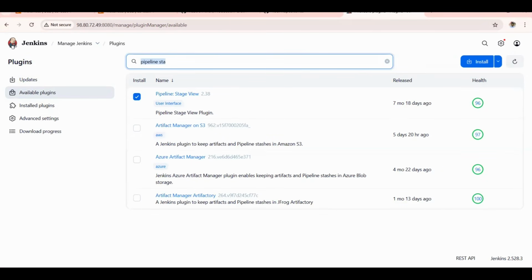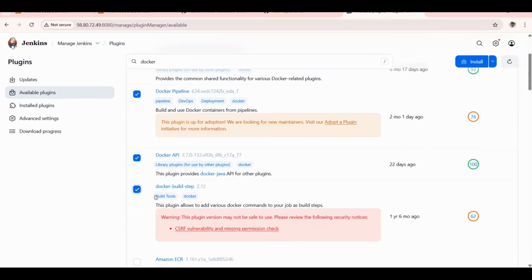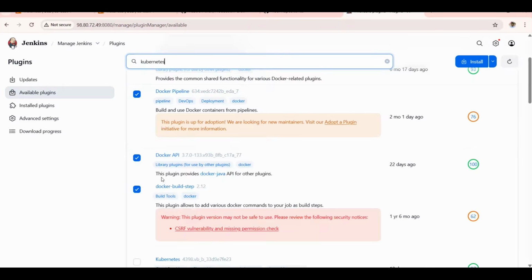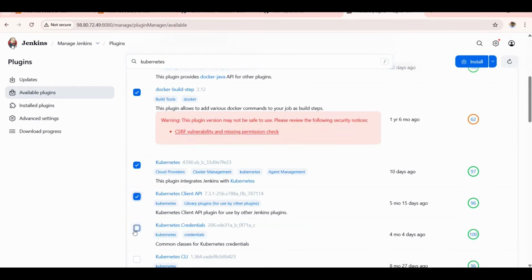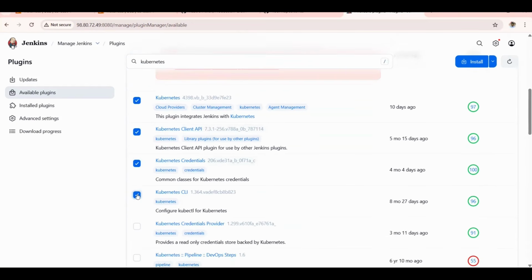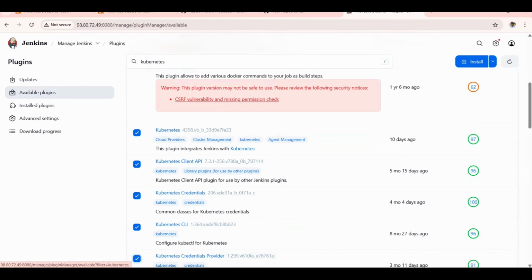The next thing that we are going to do is install the Docker-related plugins, so that we can configure the Docker tool in Jenkins. I'm selecting all the Docker-related plugins, and the Kubernetes-related plugins also we are going to install. Let me select all the Kubernetes-related plugins like Kubernetes Client API, Kubernetes Credentials, Kubernetes CLI, and credentials provider. We are not going to configure any credentials here because I have directly attached the IAM role to the EC2 instance. So logically, these are not essential for this project,